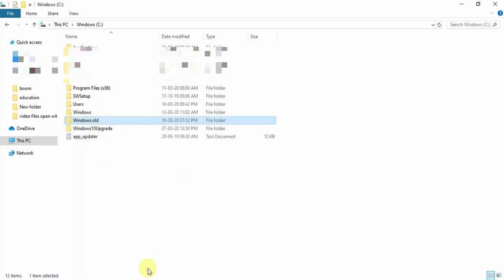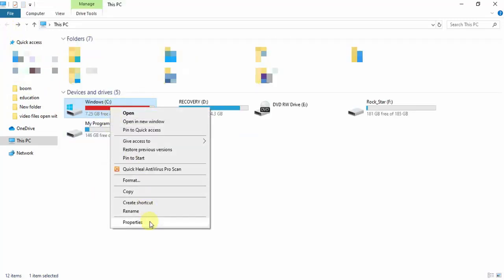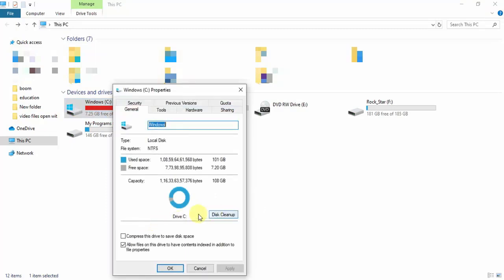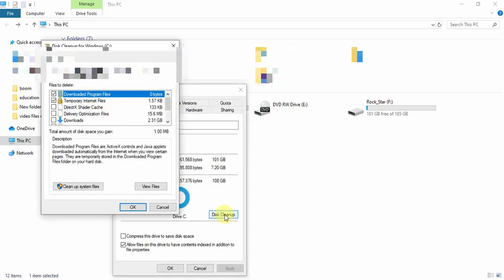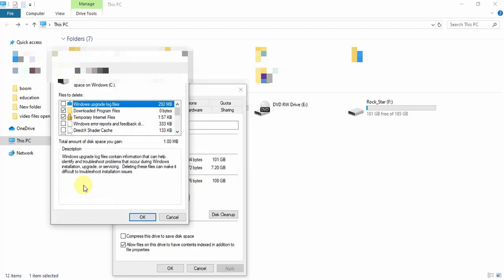Now let's go to C drive, right click on it and choose Properties, and here click on Disk Cleanup. Under Disk Cleanup, click on Clean up system files. This will take a couple of seconds or minutes according to your system configuration. Under Disk Cleanup for Windows,